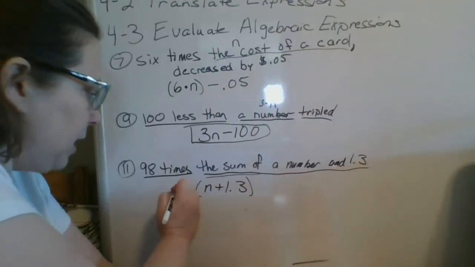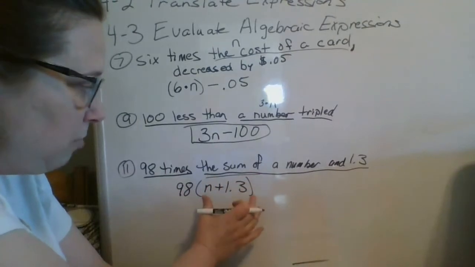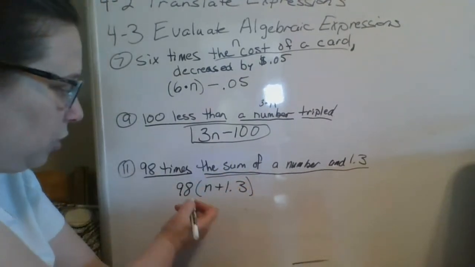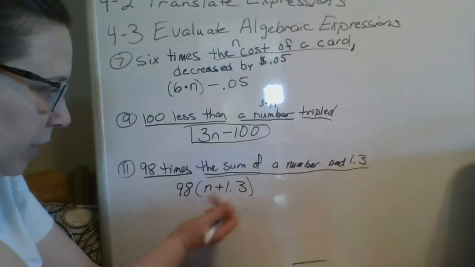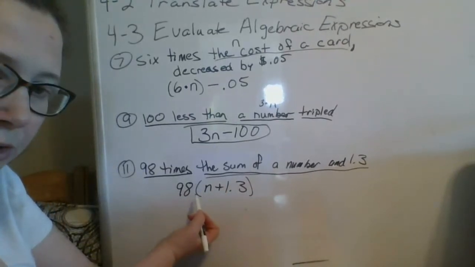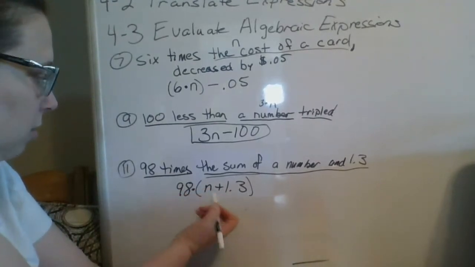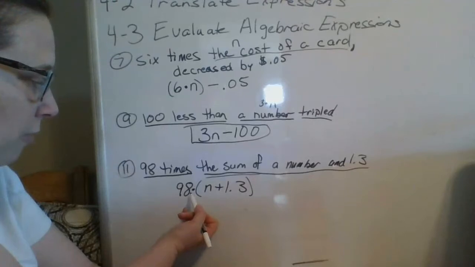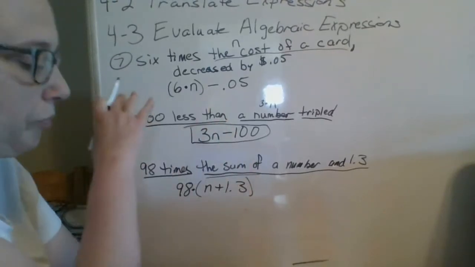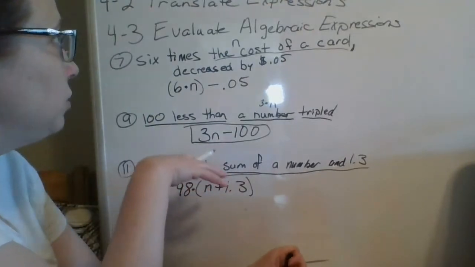And then 98 times means we're going to be multiplying 98 times the sum of the number n and 1 and 3/10. Because this is in parentheses, you can just leave this 98 and then the parenthesis, that's showing that you're multiplying. If you want, you could put the dot in there. It's further showing that we are in fact going to multiply 98 times what's in the parentheses. This is everything that I want to do in